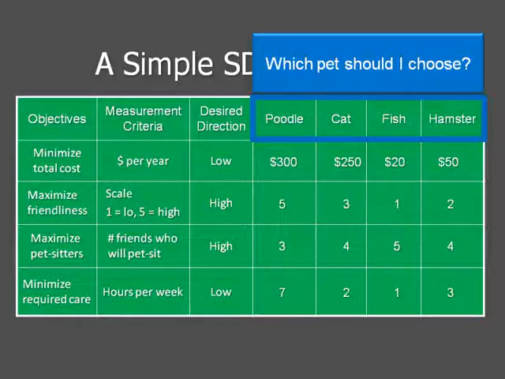Well, it might not be entirely apparent. It depends on how much I care about cost versus friendliness versus pet sitters and so on. So there will be more analysis that's needed. But even at this point, there might be some things that are really apparent to me. So for example, if I really think I care a lot about friendliness, and maybe the difference between $20 a year and $300 a year doesn't seem overwhelming to me, maybe I eliminate the fish right off. Maybe I don't, maybe I keep it in the analysis,